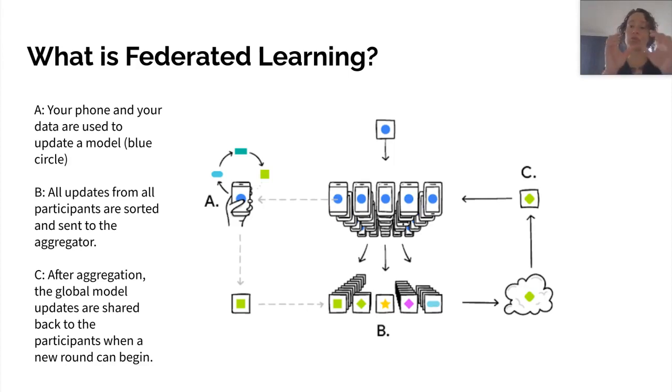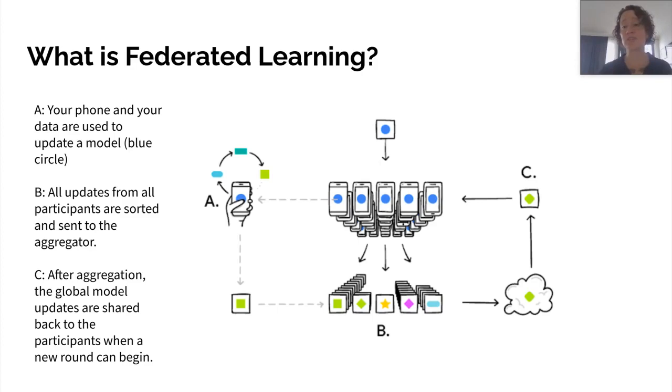So I want to build a better predictive text model for Spanish speakers by using keyboard data. What I will do is I'll first have the model that I'm actively using. That's the blue circle. I will send it out to all of the Android devices. Now, there's some selection criteria here. First off, I will only want Spanish language keyboards, so that's going to rule out some others. And then I want the process to complete successfully, so that means that I want devices that have high battery power or that are charging. I want devices with a good or stable mobile or internet connection. And perhaps I want somebody with enough text that I can help learn. So perhaps there are multiple criteria that are selected.